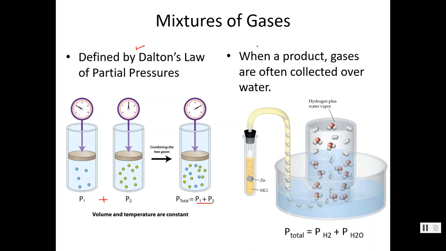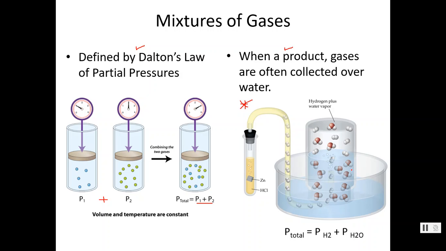That's the first law. The second point refers to this Dalton's law of partial pressures, which is that many times when collecting gases in an experiment, we collect gases over water. This is an experiment that you do in Chem 1. It's actually a pretty cool experiment where you take zinc, dissolve it in hydrochloric acid, and you collect the product, which is hydrogen gas, by hooking up this tube to a water